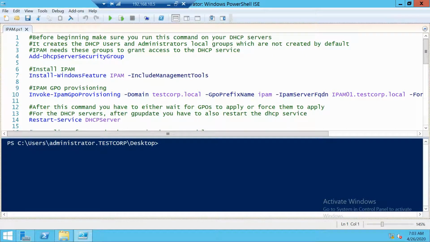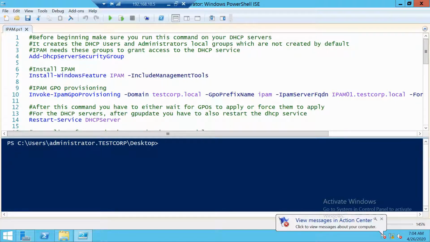In the last video of the series, we went over what IPAM is and some basic things about it. Now it's time to actually go and configure it. So in my environment, I have 2 domain controllers and 2 DHCP servers, and I added an IPAM server that we will configure now. Before we go into configuring IPAM, we first need to run this command on our DHCP